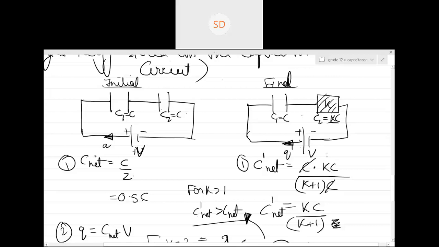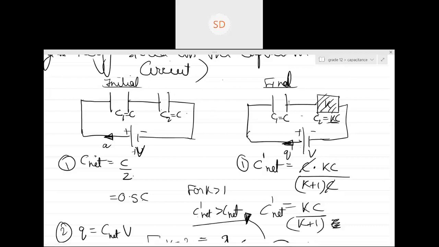It's not the case of a single capacitor when the battery was connected. If you are relating it with a single isolated capacitor, I told you when there is only one capacitor in the system, then the potential remains the same. Here also the potential will remain the same, but across the net combination, not across individual capacitors. We can't do it using individual capacitors; we have to do it using C net.